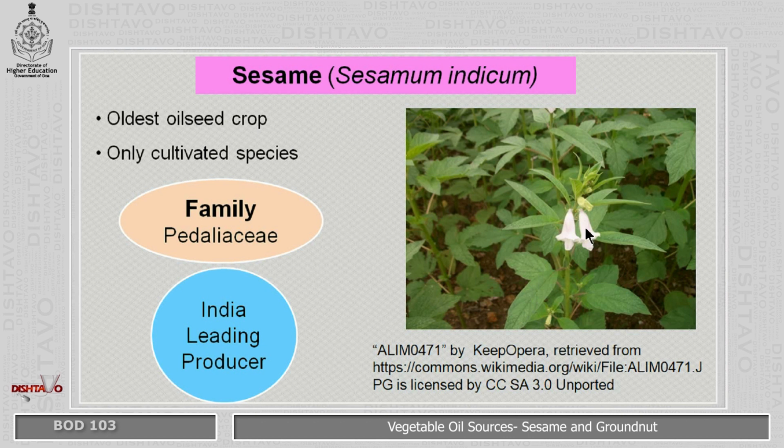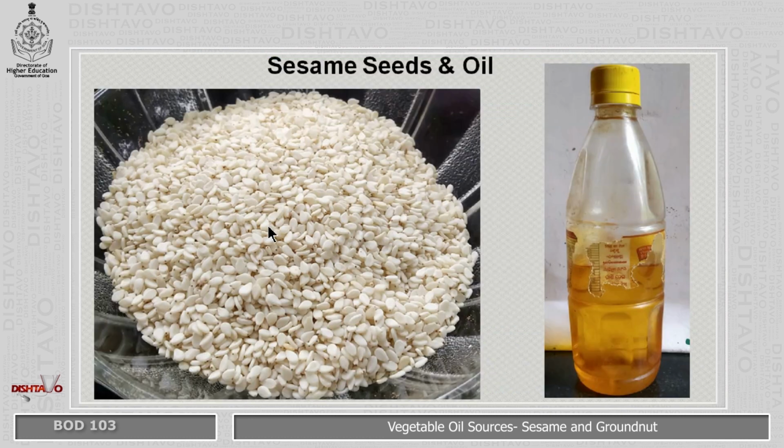This is the plant of sesame. It is a herb. It has a hairy stem. It has two types of leaves. The leaves on top are lanceolate, whereas the leaves down below are ovate and broad. It has flowers which might be white or purple in color. The fruit is a pod which has a beak, and inside the pod we have the sesame seeds. These sesame seeds yield the sesame oil.